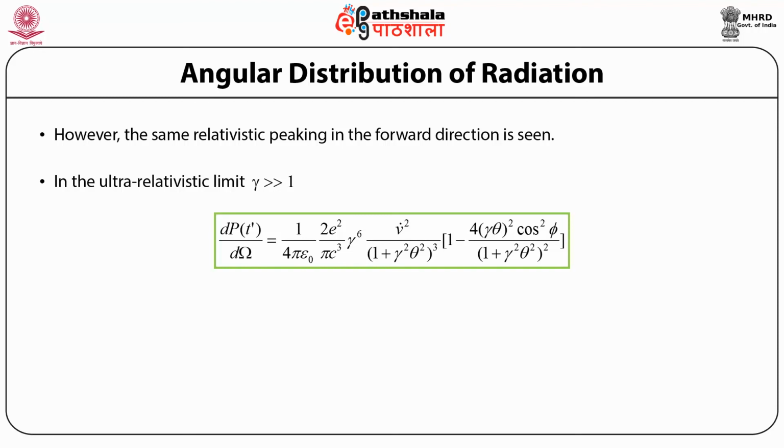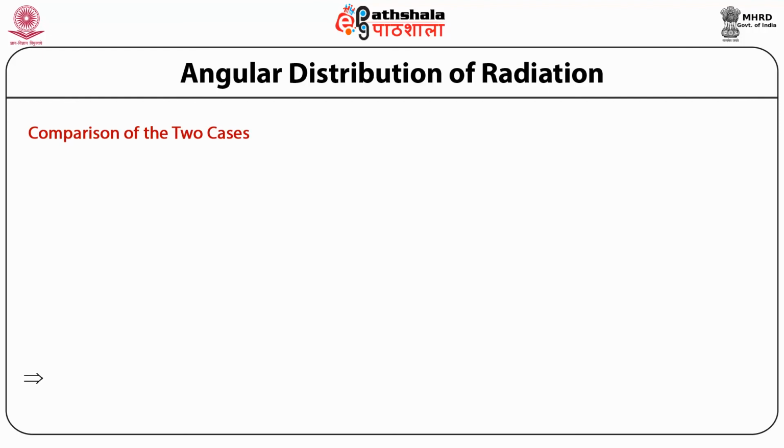The root mean square angle of emission can be obtained exactly in the same way as done before, and is average of theta square raised to power half equals 1 by gamma equals mc square by E, and it is exactly the same as in the earlier case. Comparison of two cases. Now, from the expressions for the total radiation produced in the two cases, we observe that for a given acceleration, the radiation produced in the parallel case is a factor gamma square more than in the